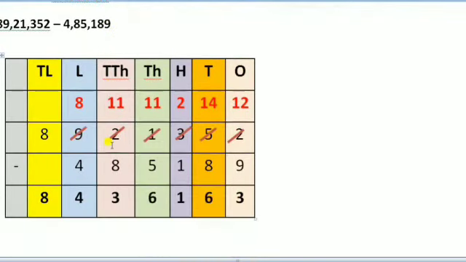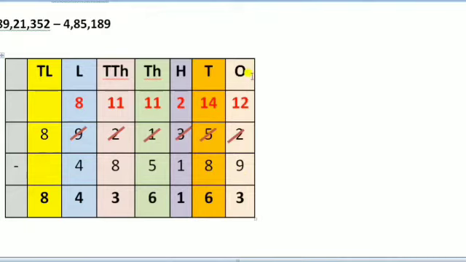Before starting the solution, we have already discussed the properties and rules of subtraction. According to those rules, we will define the representation of the solution. First, we define the headings as per the places of the digits. The bigger number we arrange first, with all the digits defined as per place value. After that, the subtraction sign and the smaller value are placed in the second row.